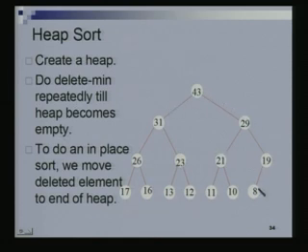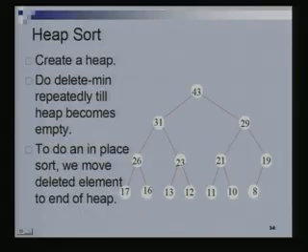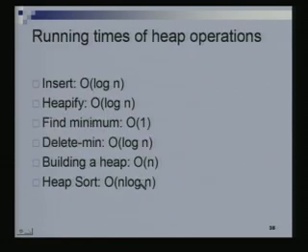So, the first time we did a delete min operation, we spent log n time. The second time we did a delete min operation, we spent order log n minus 1 time, let us say, because the size of the heap reduces. And so, once again we have a series of this kind, log n plus log n minus 1 plus log n minus 2 plus log n minus 3, going all the way down to a 1, right. But the sum of this series is log n factorial, which is the same as n log n. And so, the total time taken by this step is order n log n. So, while building the heap is only order n, the total time taken by this step is order n log n, and that implies that heap sort takes a total time of order n log n.